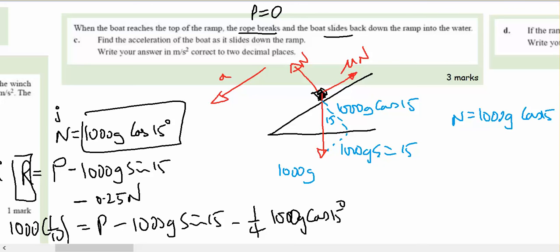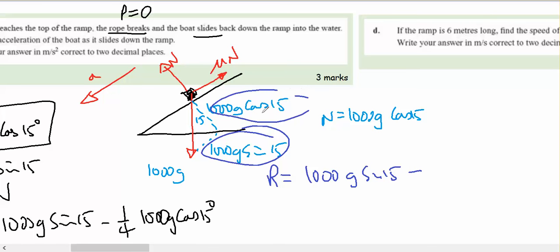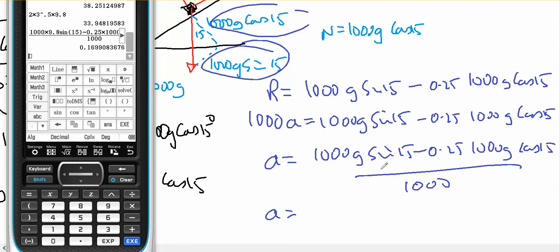Our resultant force in the direction of motion, which is going down in this case, equals anything in the direction of motion, 1,000 G sine of 15, minus anything in the opposite direction of motion, which is 0.25 times N, which is 1,000 G cos of 15. And my 1,000 times A equals all of that. Divide by 1,000, put that on the calculator,